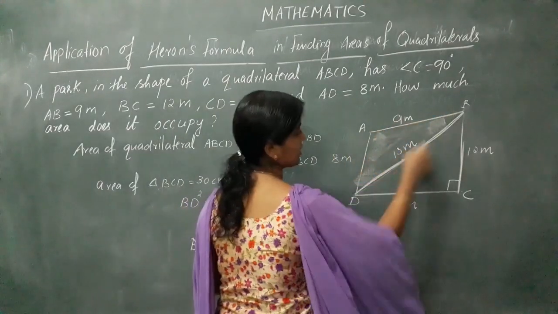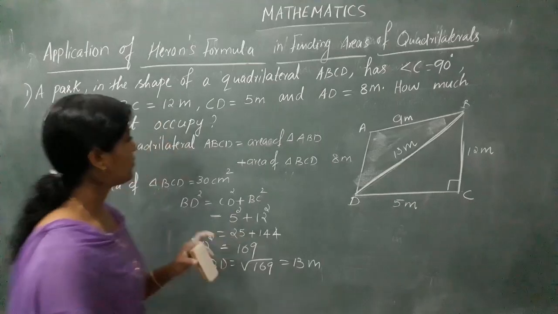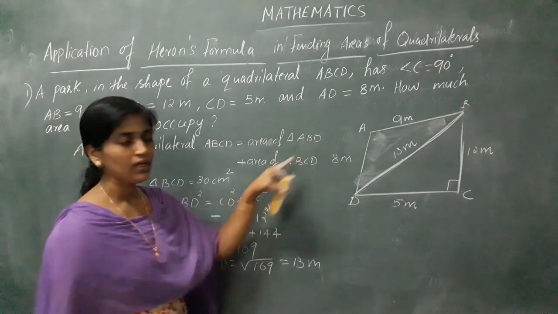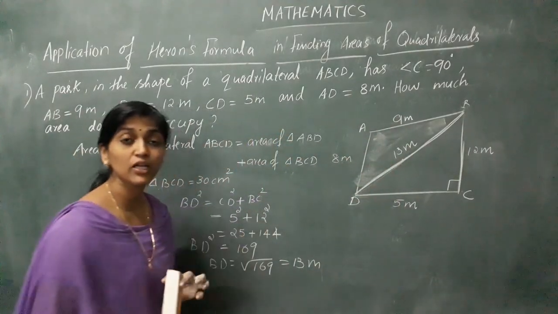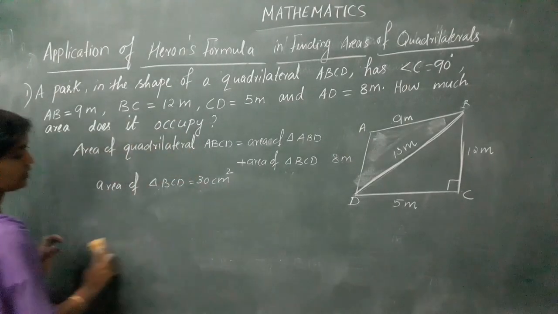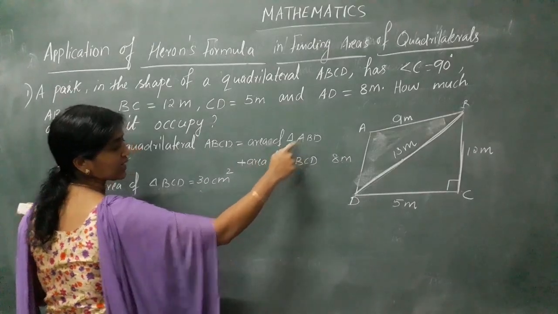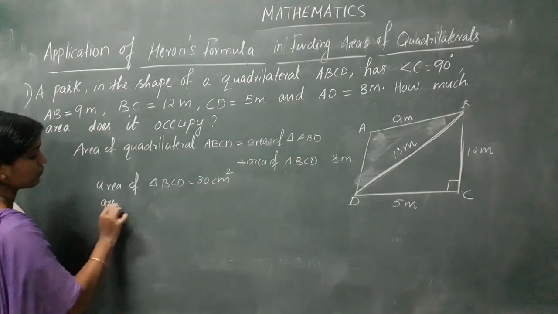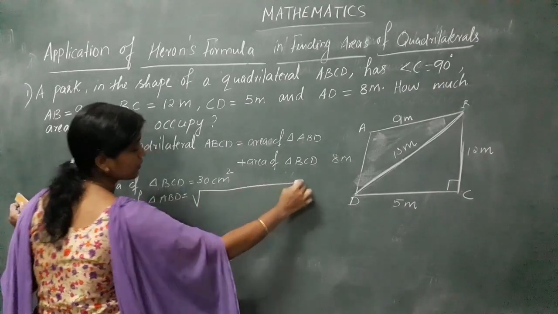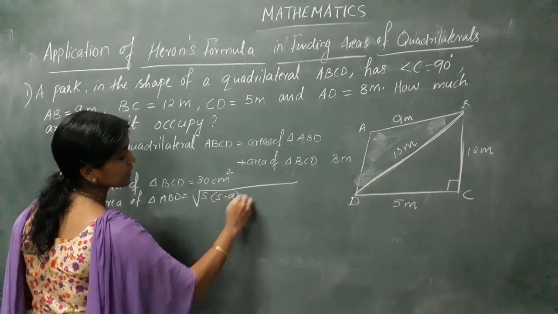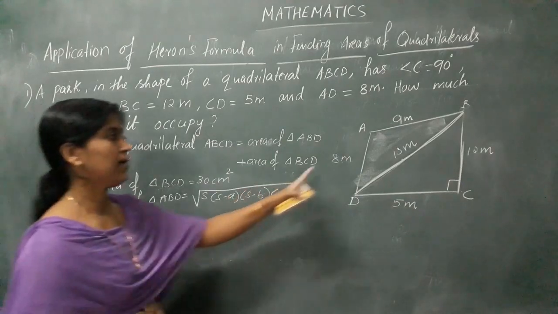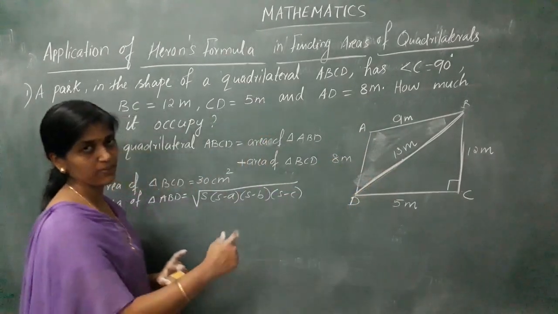Now we got 3 sides here to find the area of this triangle ABD. We got the area of triangle BCD. We have to get the area of triangle ABD. So now we know all the 3 sides, we can use Heron's formula. So we'll go for using Heron's formula. We have to find the area of this triangle ABD. Area of triangle ABD is equal to, you can use Heron's formula, root of S into S minus A into S minus B into S minus C. I can take A, B and C as these measurements.